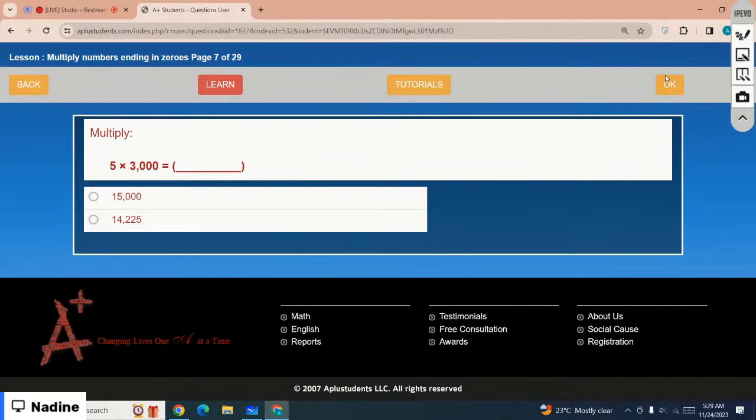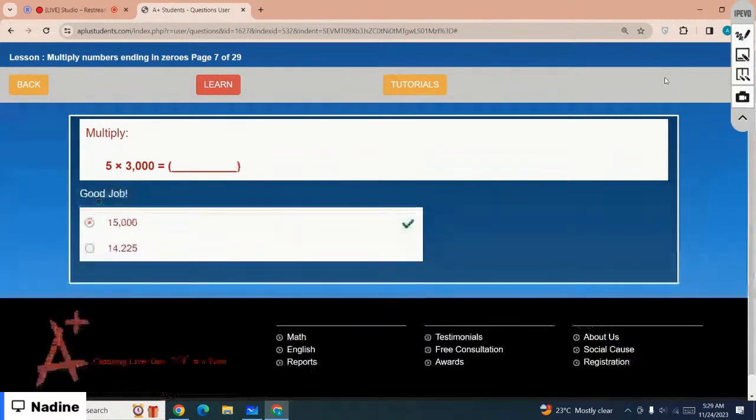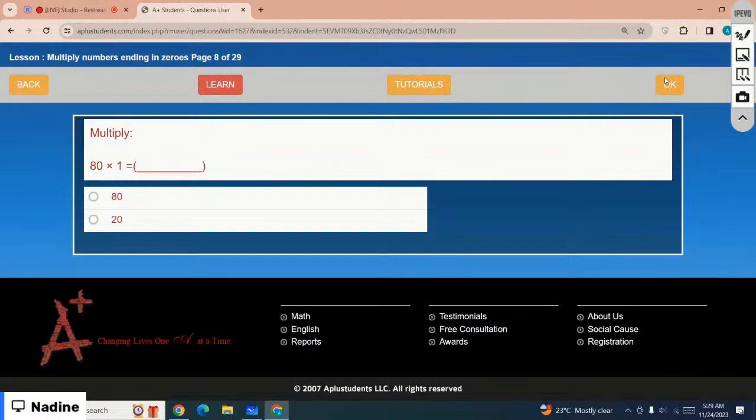Okay, the next one is 5 times 3000. So which is the correct option? 5 times 3 equals, yes, that is 15. So the correct option is 15,000. Option number 1 is the correct option. Which is the correct option? 80 times 1 equals